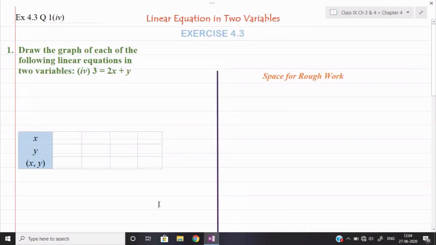3 is equal to 2x plus y. Now see, here also you need to find out the value of one variable in terms of another variable, and then we can put up the value of the another variable and we can find out values of the second variable. Now see, here it is your choice. You can send any one variable to 3. So basically we shall send 2x here, because in that case y will be having the coefficient 1 only. So it will be more easier for us to get the value directly.